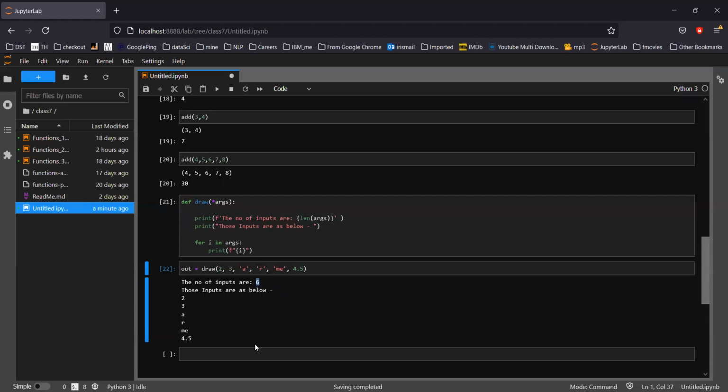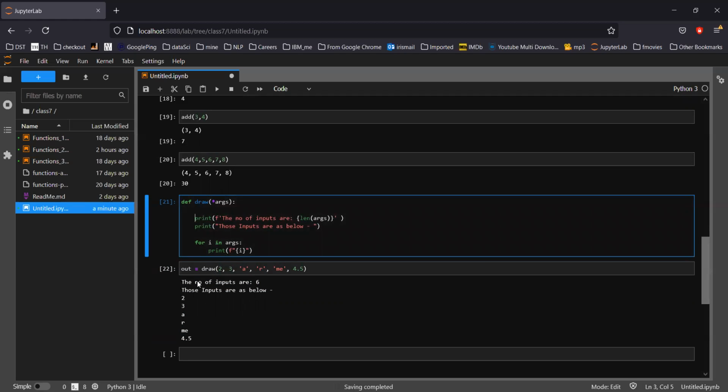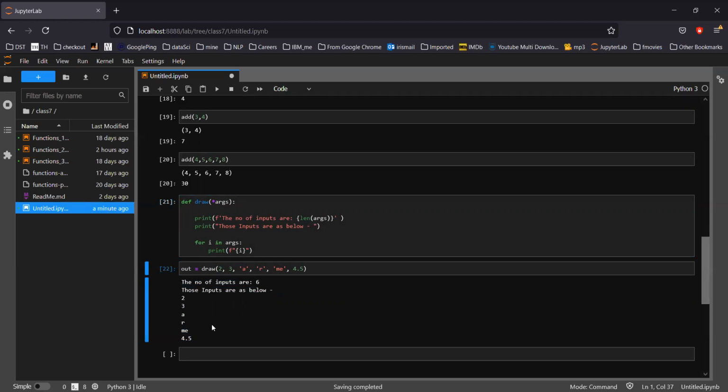Now let's see what is the output of this function. Remember that this is not the output, this is what the function is doing. You can say this is a kind of function steps, because we are printing it here. That's why this is being displayed, but we will not say this is the output. Let's print out.